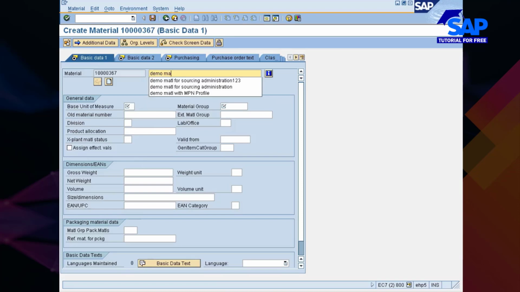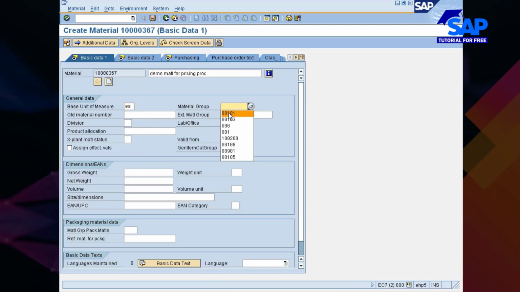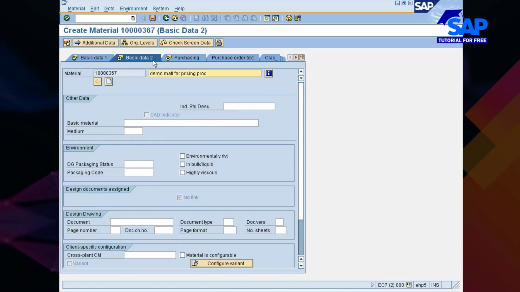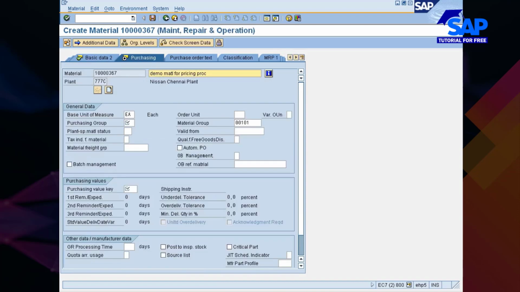Okay, I would say demo material for pricing procedure. I would just go like this. Unit of measure as each, material group. Let me pick up something from the existing list. I'll just go quickly and maintain all these things.